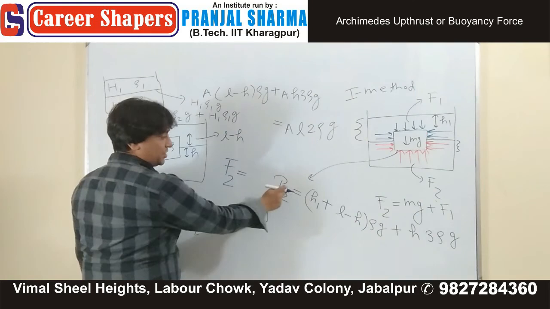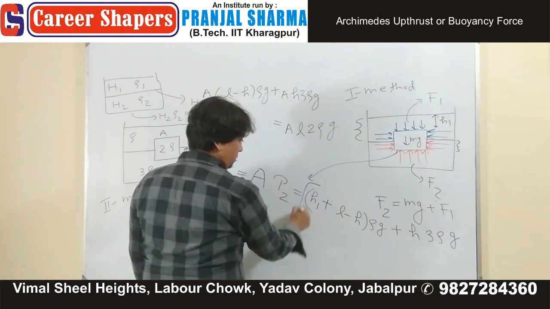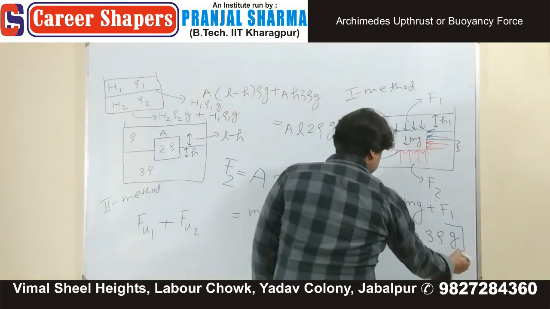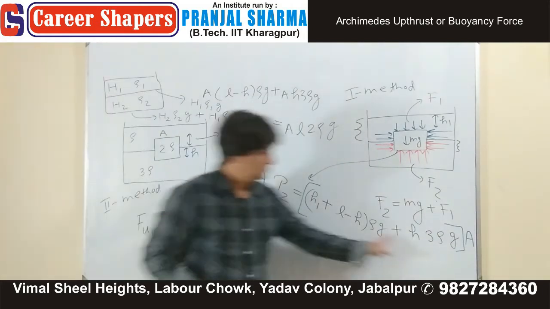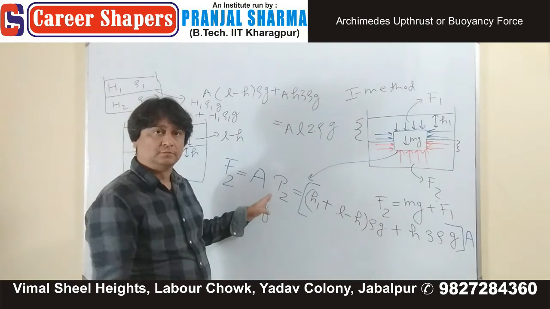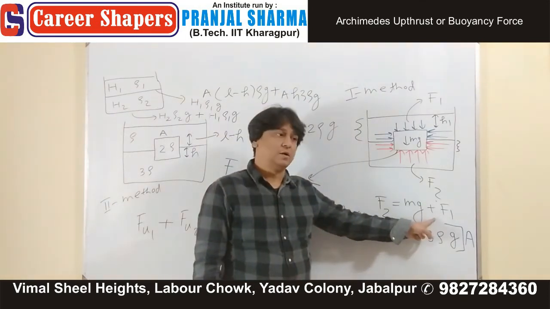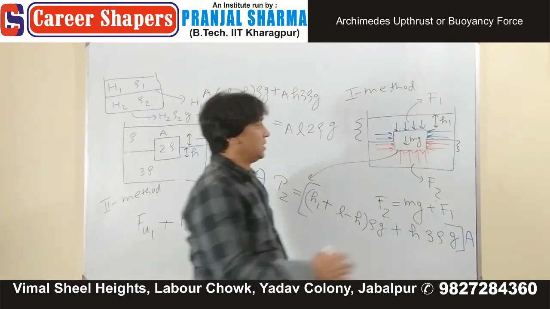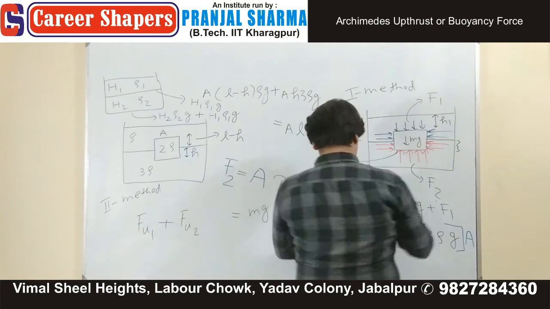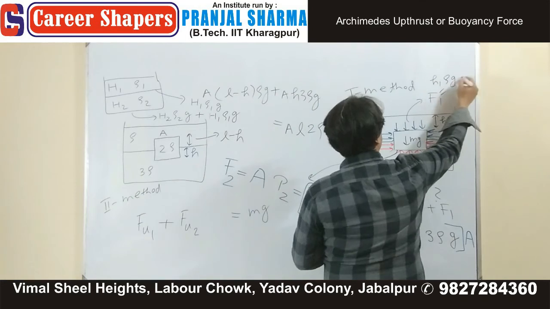Force is pressure multiplied by area। इस पूरी कहानी को किससे मल्टीप्लाई कर दो, A से। इतना सब कुछ, this is your F1। F1 हमने नोट किया था थोड़ी देर पहले। What is F1? H1 rho G into A।